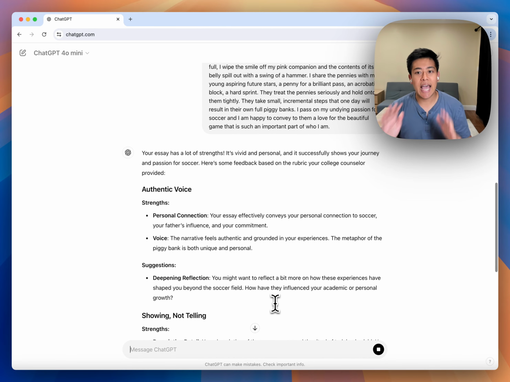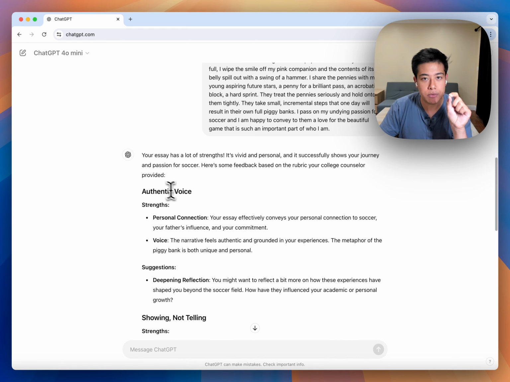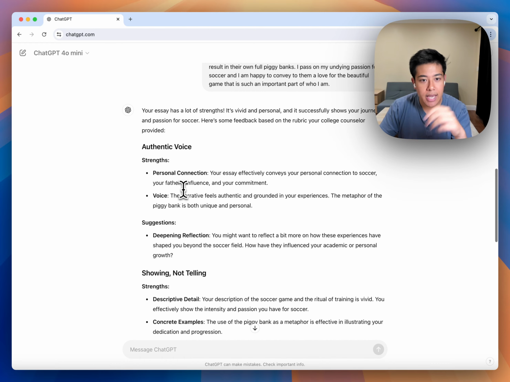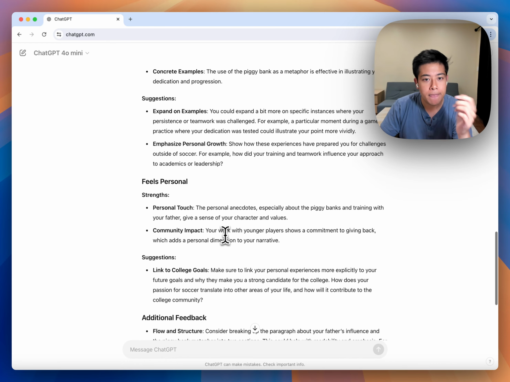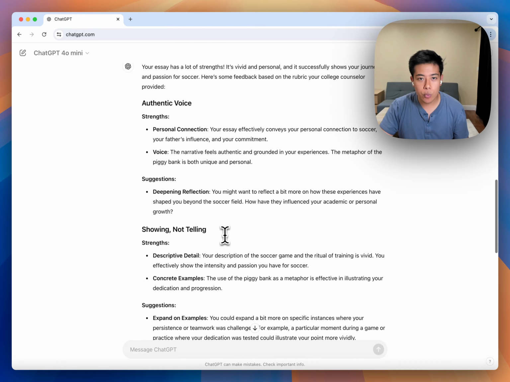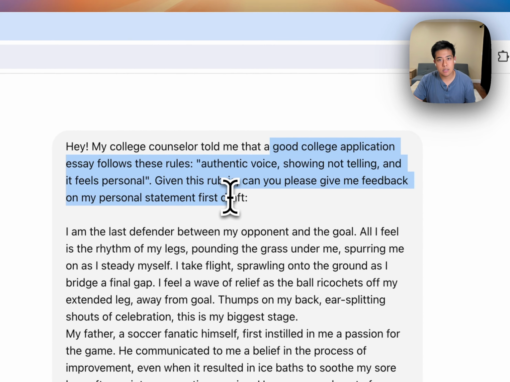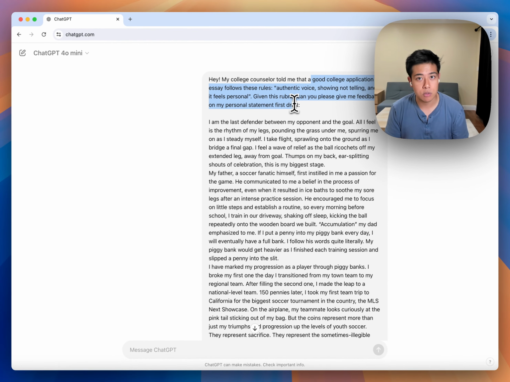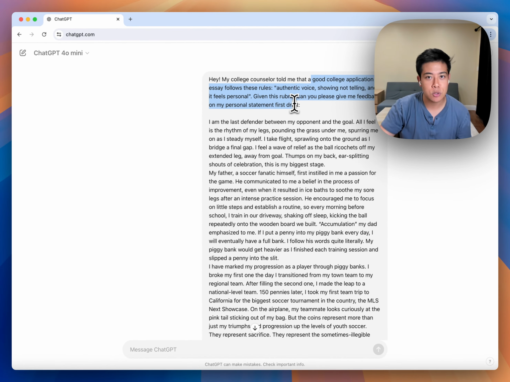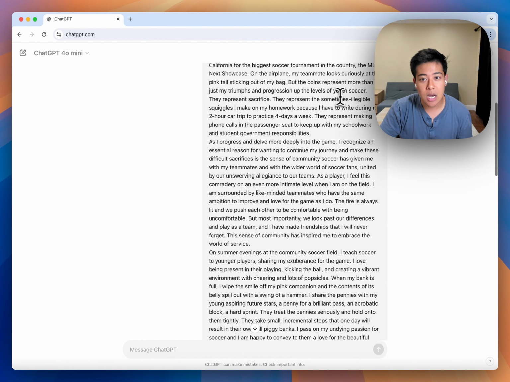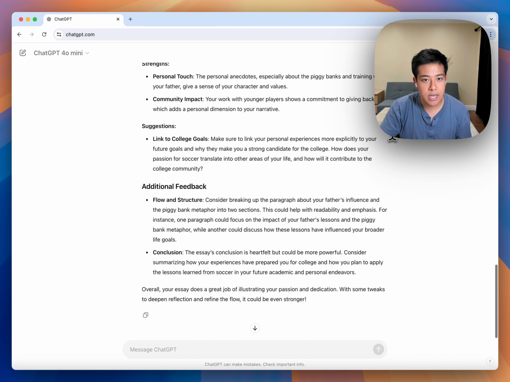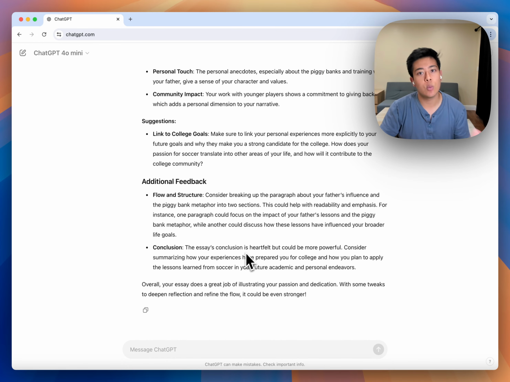So in this case, at least what ChatGPT is doing is it's actually looking at the different types of requirements that you told it are important, and it's saying, okay, this is where you do well, and here are some suggestions on how you can do better. Now, again, this is an example prompt that you could use. You're going to have to figure out for yourself the best way to extract the most value, because this is not the most optimal way to approach this process. And so again, you'll need to do some work on this side, but at least it's better than what base